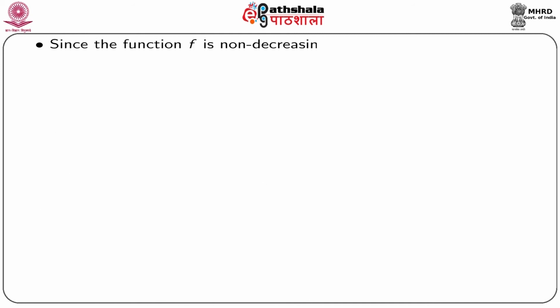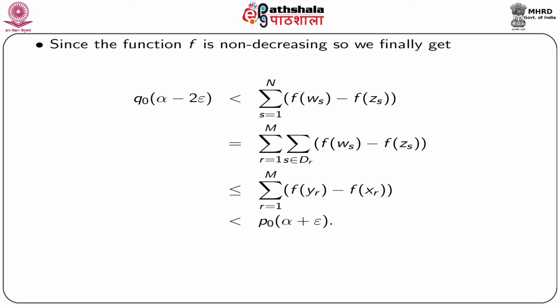Since the function f by our assumption is non decreasing, so we finally get q_0 times (α − 2ε). This is by our equation less than